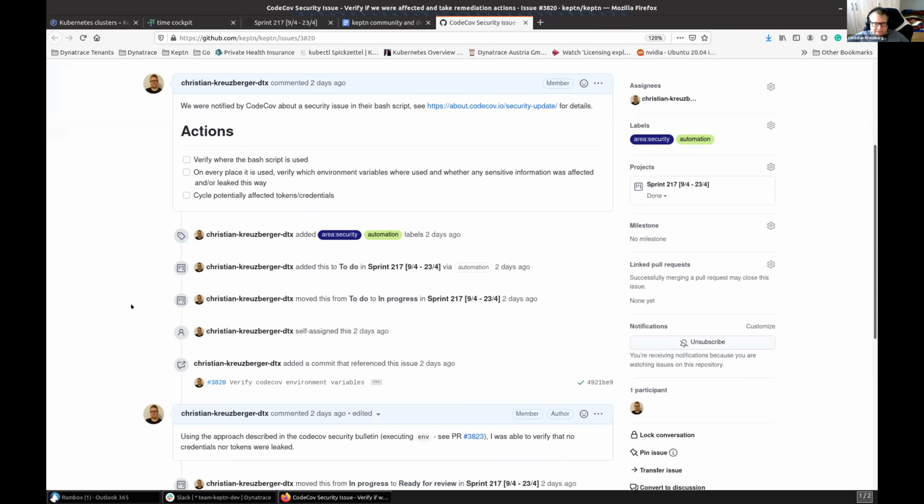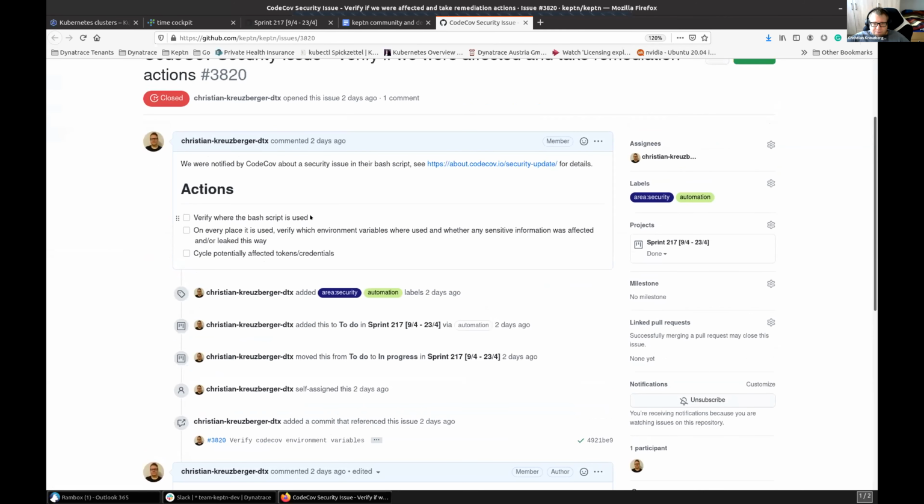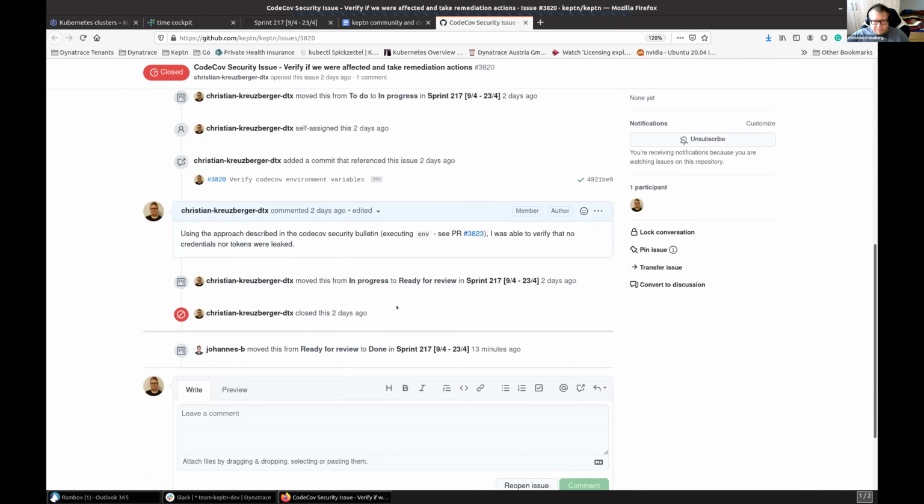And yeah, so what I did is I verified which environment variables we passed to this bash script, or at least which ones we had in the GitHub action, and whether any tokens, credentials, or whatever were among those environment variables. And luckily for us, our setup was in a way that we didn't leak any security relevant credentials or anything. I can actually,